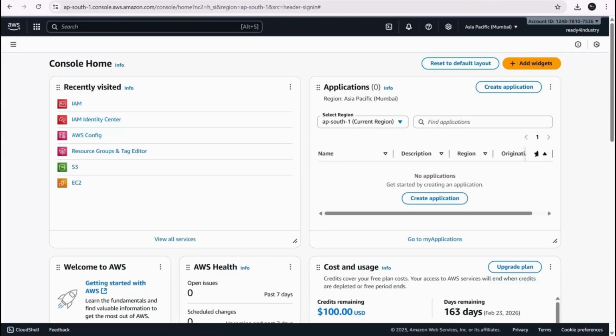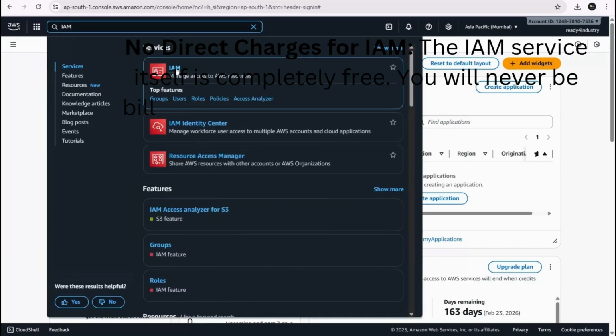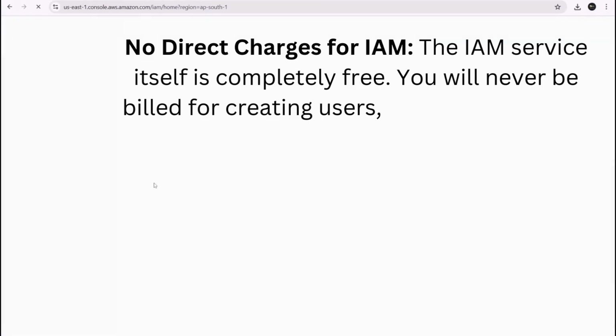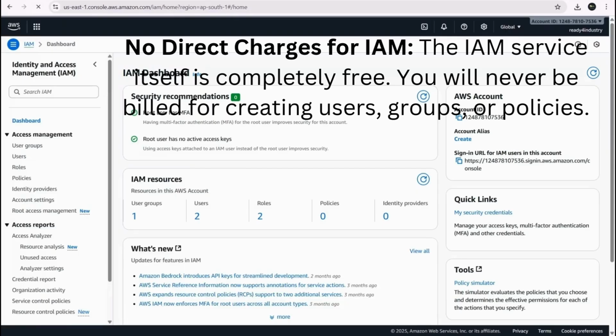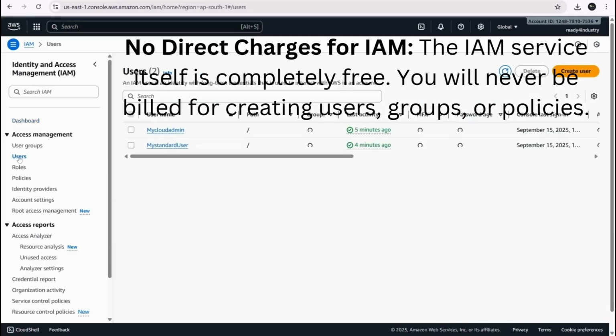Fantastic. So remember in the first, what we said that once we are done with this, we'll also be covering how to delete it. So what we did is we created two users, one admin and one standard user, and one user group. Remember? So let's delete them. It's a very simple process. Okay. Now we are in. Let us go into the IAM dashboard. We created one user group and two users with two different roles, right? Okay. So we'll go into the users